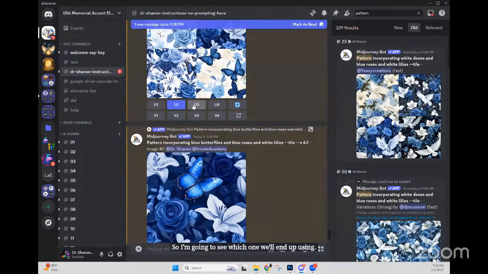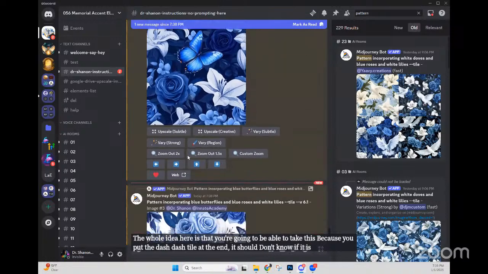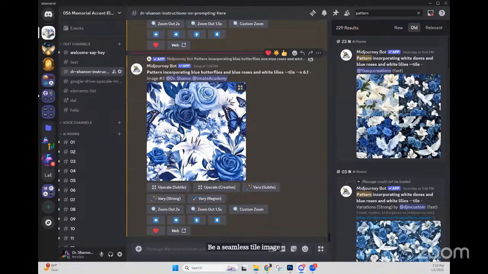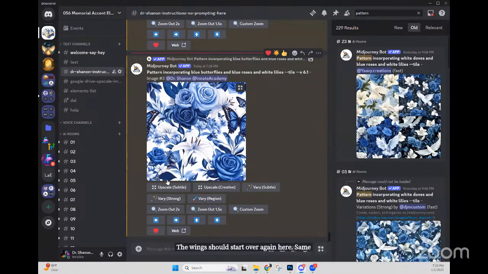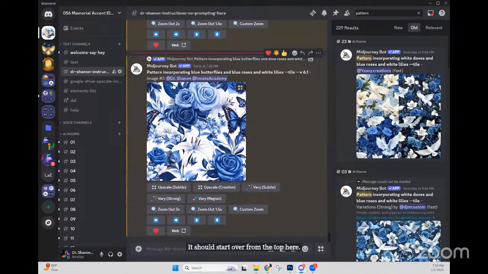The whole idea here is that you're going to be able to take this, because you put the dash dash tile at the end. It should be a seamless tile image. So for instance, this butterfly here, the wing is clipped off on the right. The wing should start over again here. Same thing with the bottom of this image. It should start over from the top here, which it doesn't look like it does that, but it may,